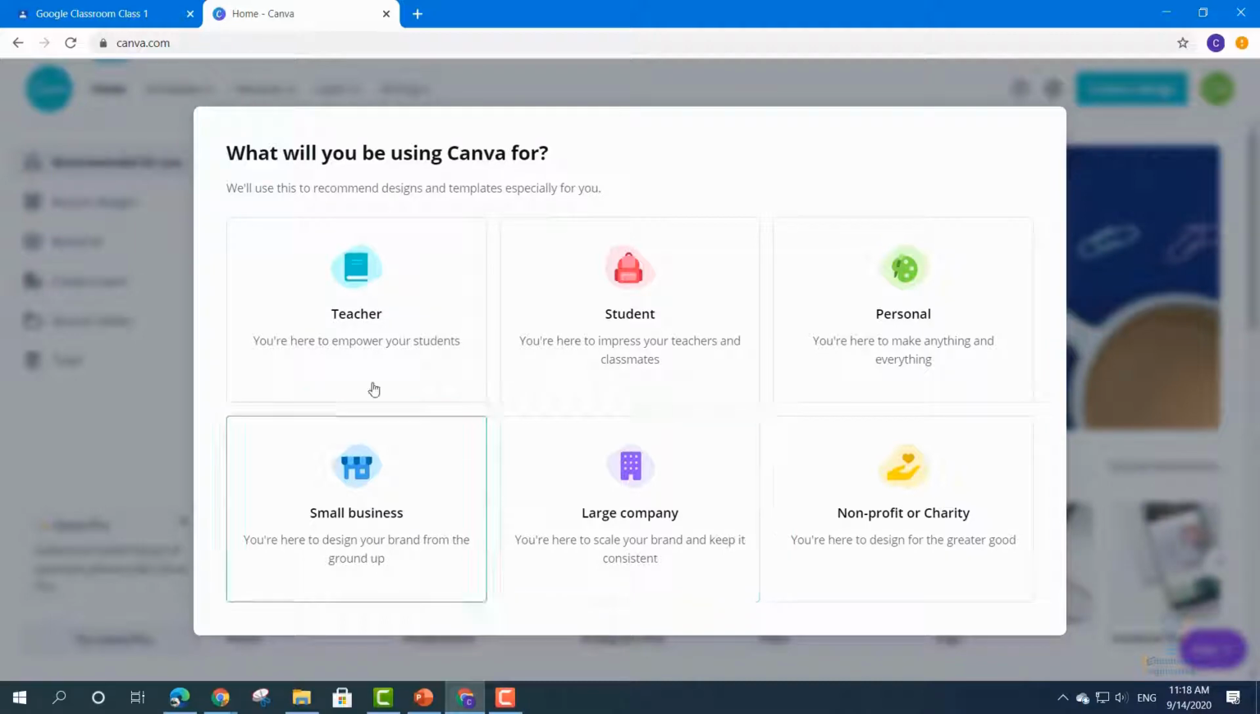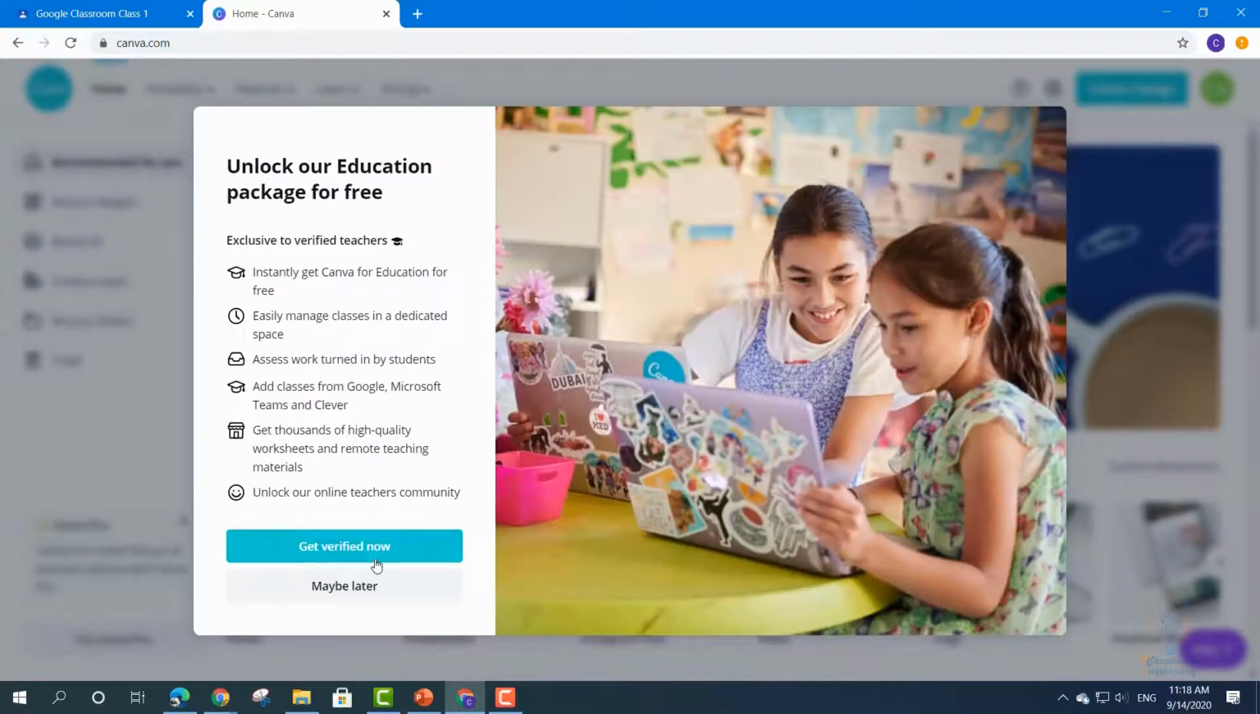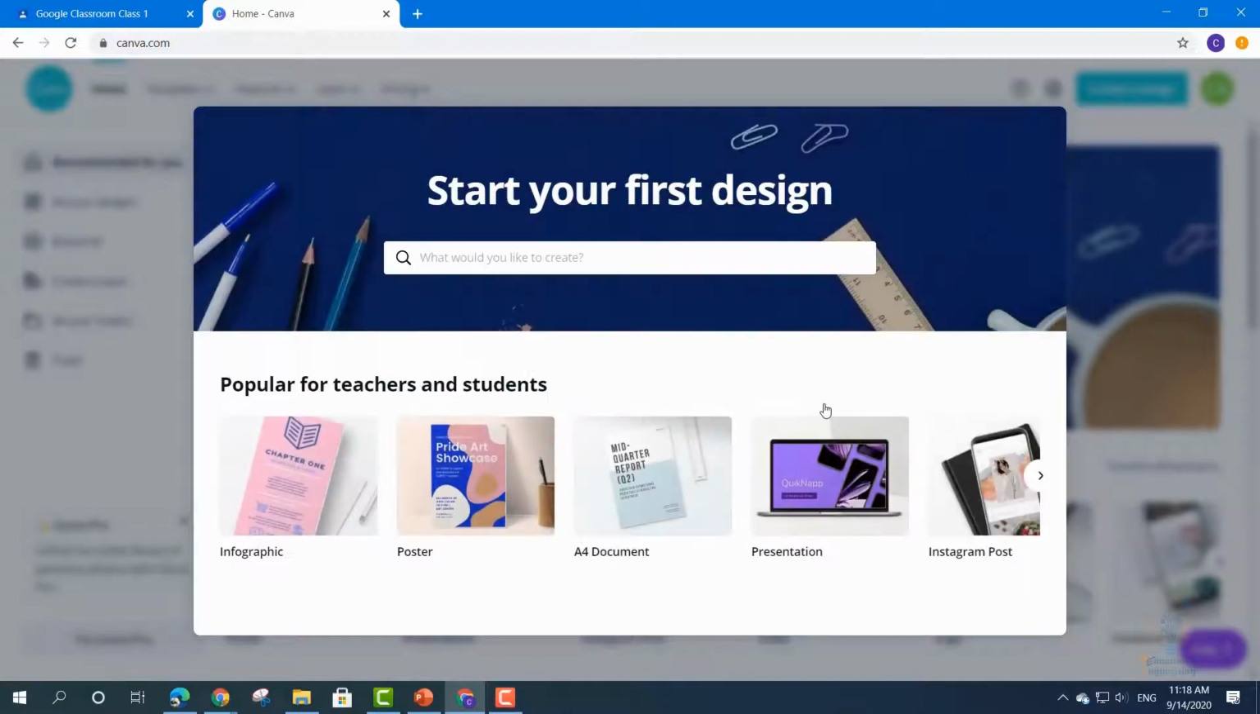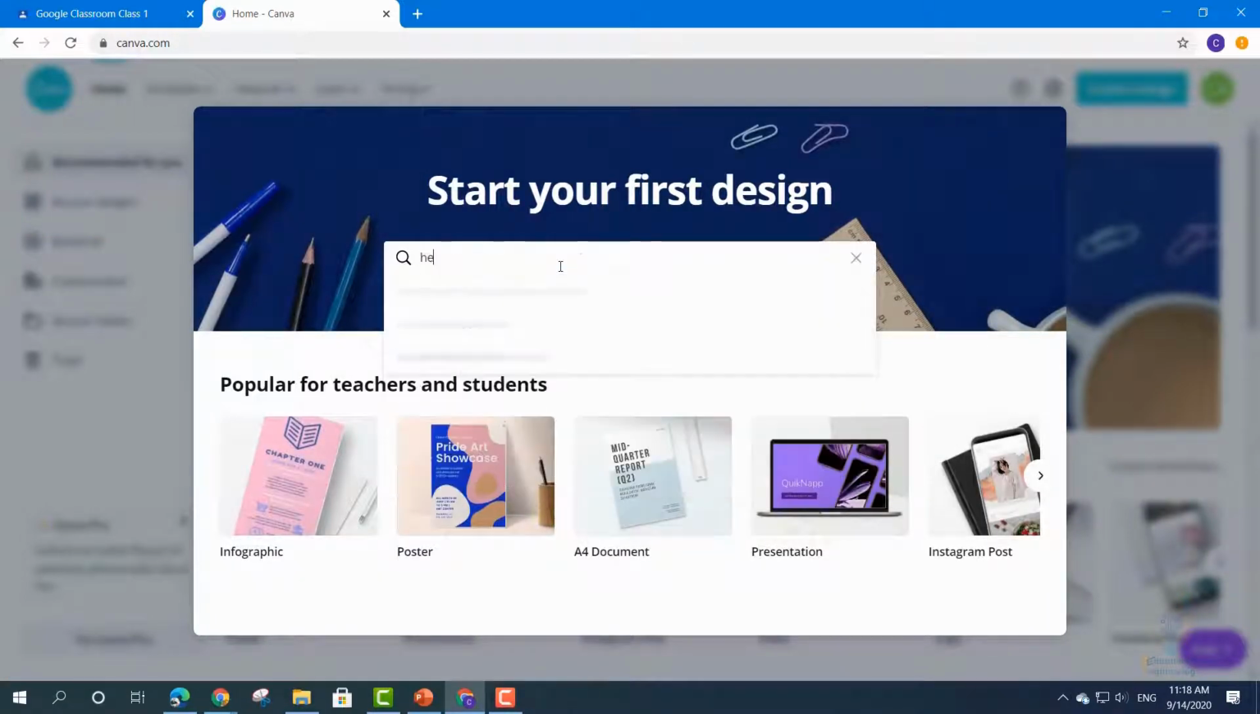Now, as you can see, you can choose your category. I'm a teacher, maybe later, and skip all of these. Now what we need to create is a header. As you can see, we already have Google Classroom header and this is the dimension, 1920 by 480. Click on it